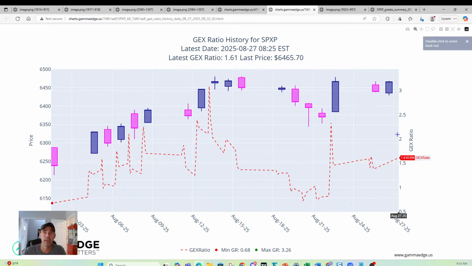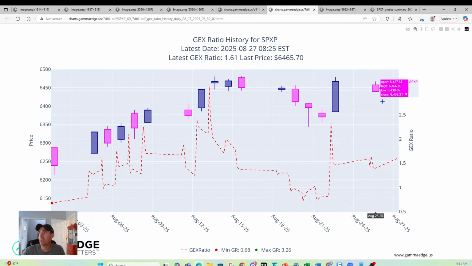Moving on to the GEX ratio, obviously this is what we want to look for: short dated call gamma going in versus short dated put gamma. This is put call ratio based, but we just add a gamma component, again indicating short dated speculation within the overall structure. We continue to see this rise in a positive slope as spot price continues to move to the upside, which continues to be supportive, maintained really above that 1.5. So again, just continuing that positive short dated call speculation going into the overall complex. Nothing really to write home about here.